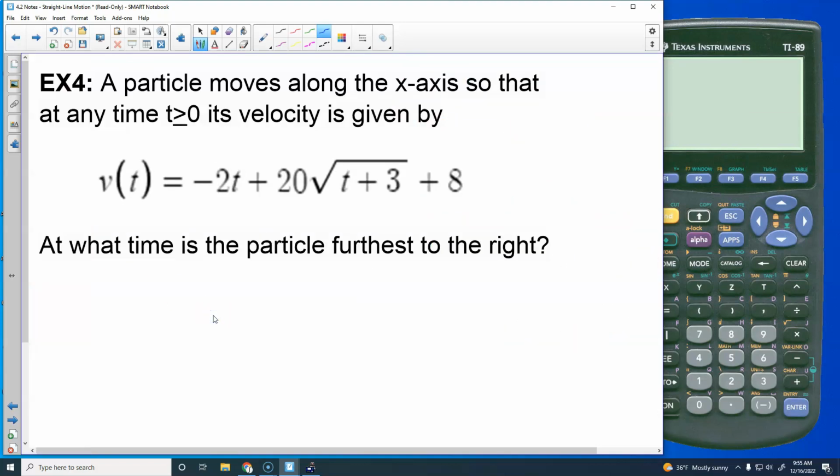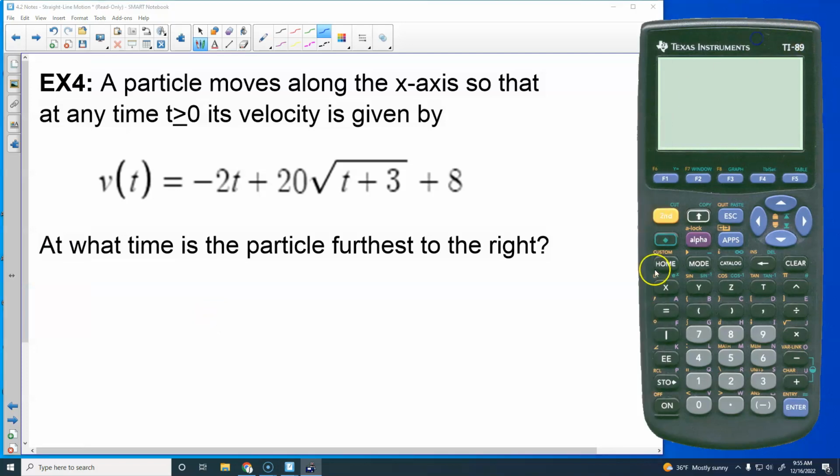All right. Speaking of furthest to the right, let's look at this equation. They're giving us velocity. We're going to type it in: negative 2x plus 20 square root of x plus 3. Oh, it's not even doing anything. Ugh. Sorry. All right, let's try this again. Negative 2x plus 20 square root of x plus 3, plus 8. Parentheses. Okay, so if I graph that,